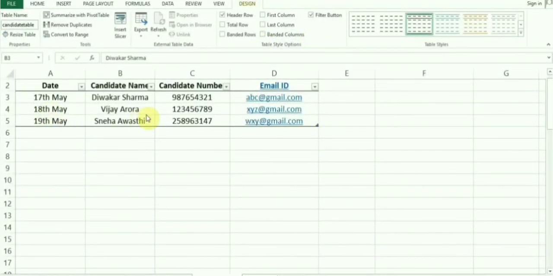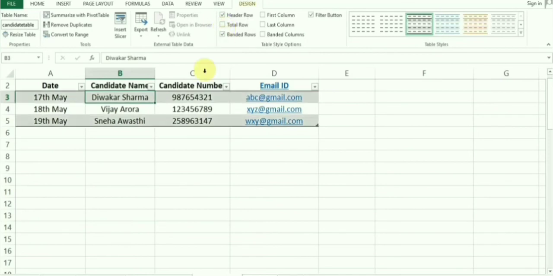Now please see the changes below. Now you can see header row is already selected. What if we deselect it? Your header row would be removed. Now select it to display the same. Total row displays the sum of all the rows in your table.